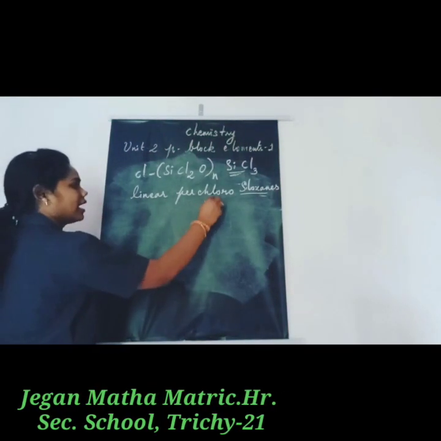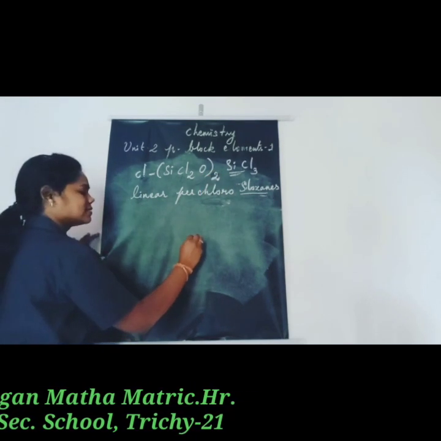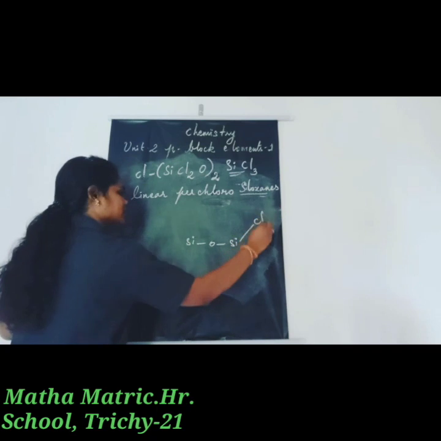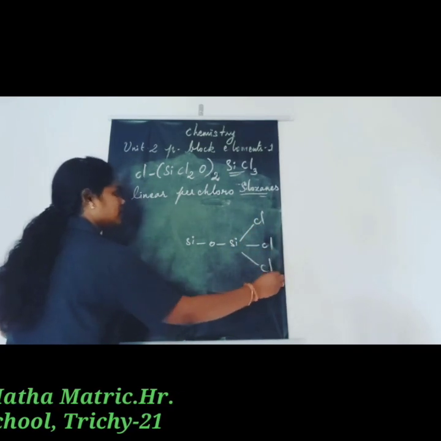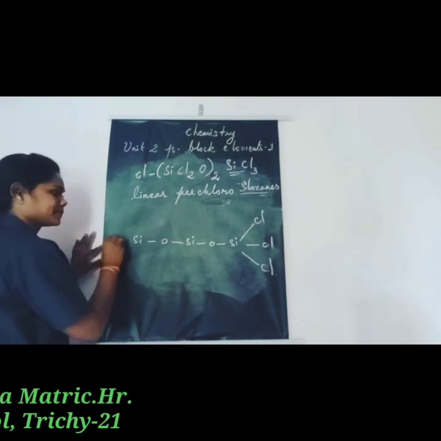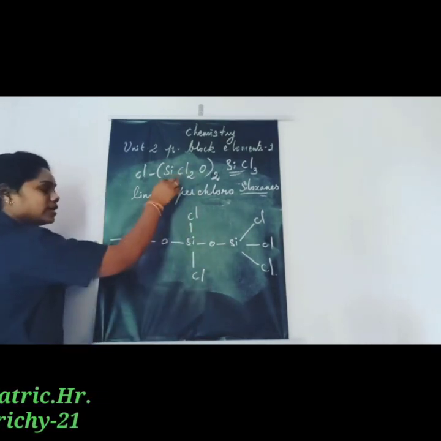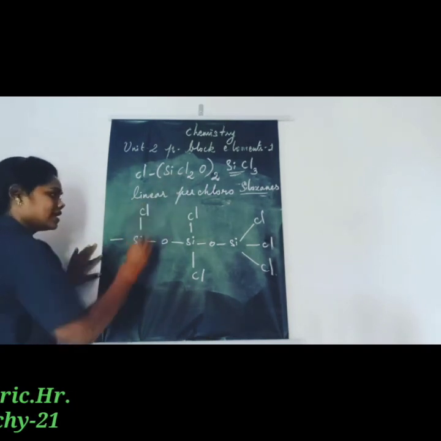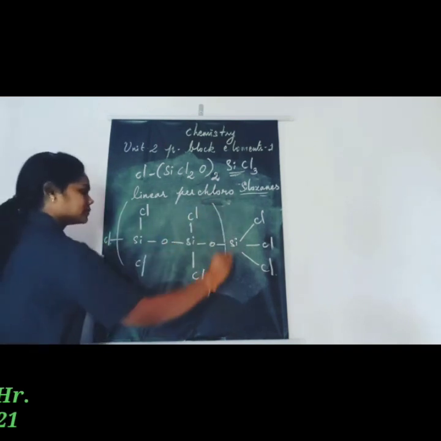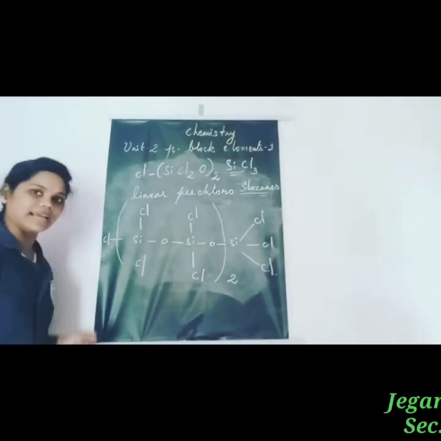So now I draw n is equal to 2. So here 2 times means first SiO, Si. So here Cl 3 times. So Cl, Cl, Cl. Okay, here 2 times is present. So again O, Si. Here Cl 2 times. So Cl, Cl. And another one Si. So 2 times. So Cl, Cl. And then Cl. This is 2 times. Suppose you take 3 times, it means again SiO, then here 3 times.